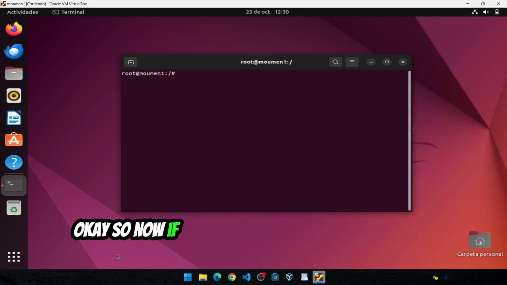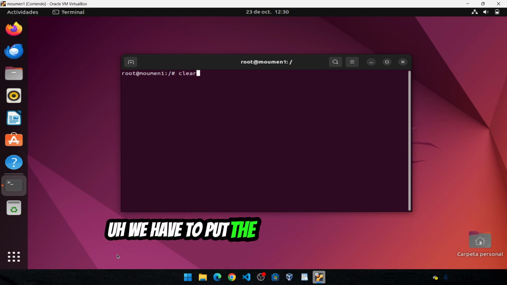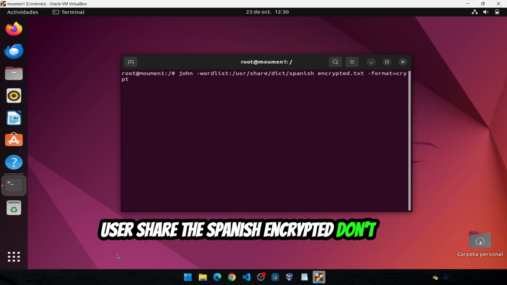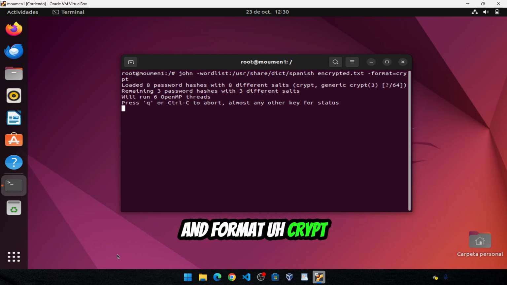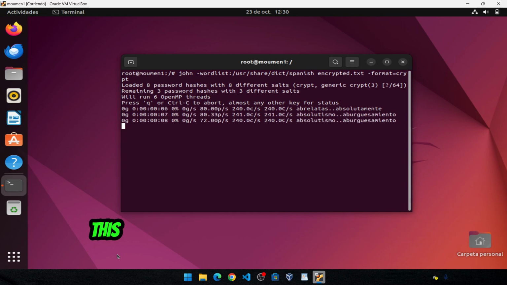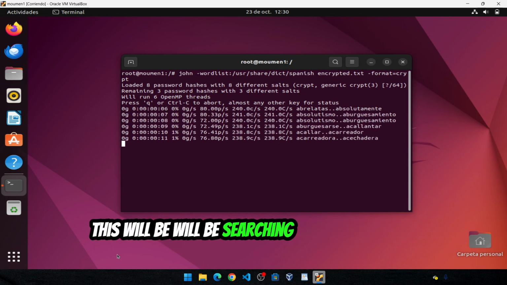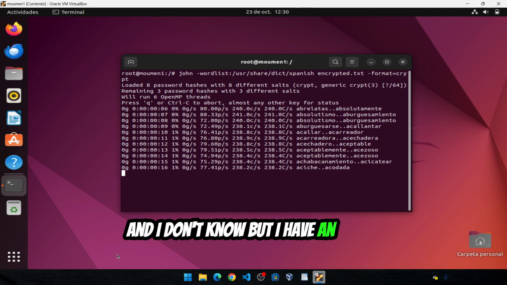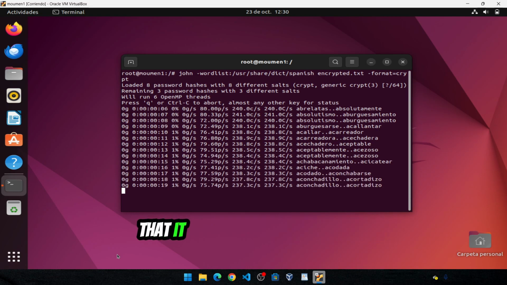Okay, so now if we want to decrypt the password, we have to put the following command, that is john --wordlist=/usr/share/dict/spanish encrypted.txt --format=crypt, and this will decrypt the passwords. And if we press the spacebar, it will be searching for the password, and I don't know, but I have an error that it doesn't find it,